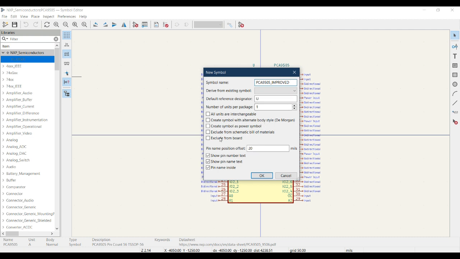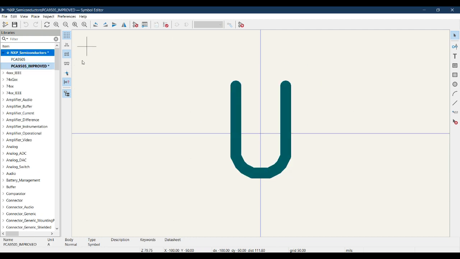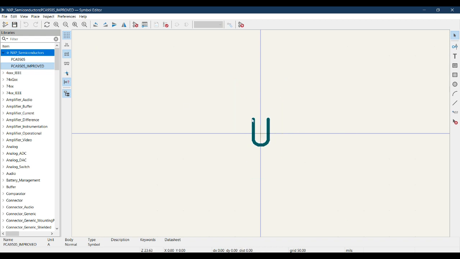So leave other settings as they are. I am going to create it in a single unit, so hit OK. Now I have added another symbol in the NXP semiconductors. Keep in mind to save your working. So over here I want to create exactly the same symbol, but there I will do some improvement, like